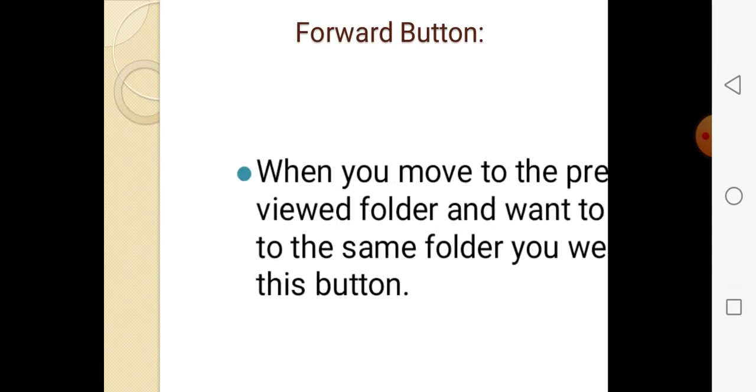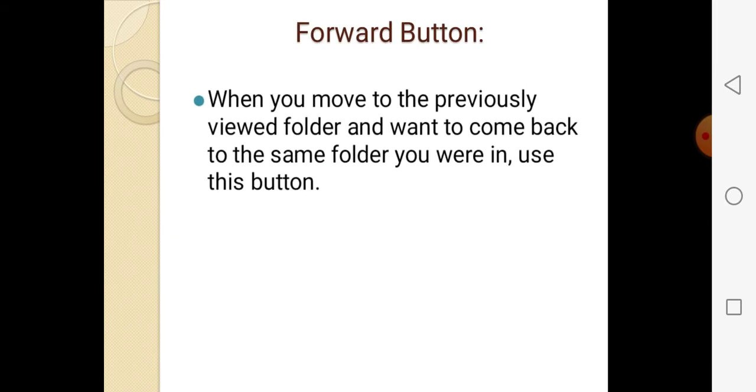Similarly, something different, the forward button. When you move to the previously viewed folder and want to come back to the same folder, you use this button. First you go back, and then to come to the same position again, you have to go forward.